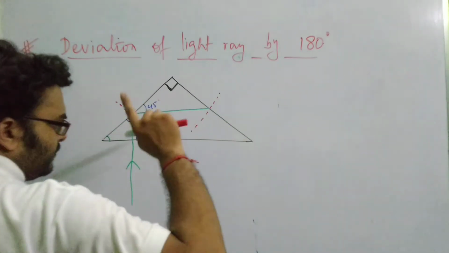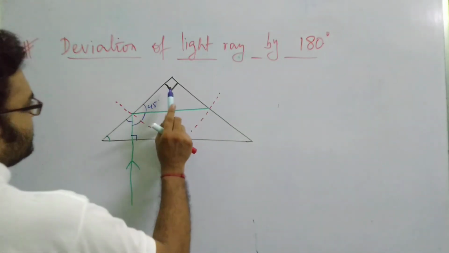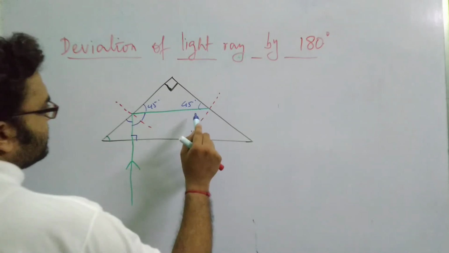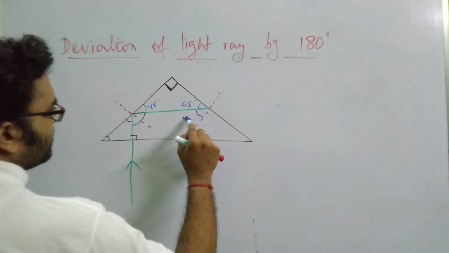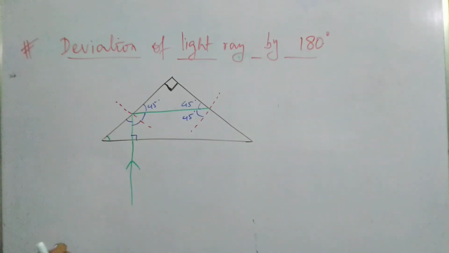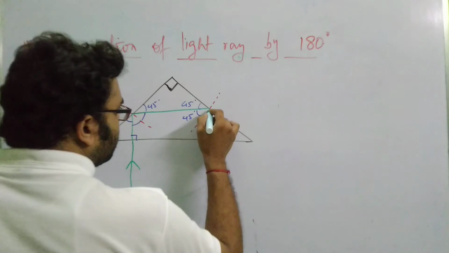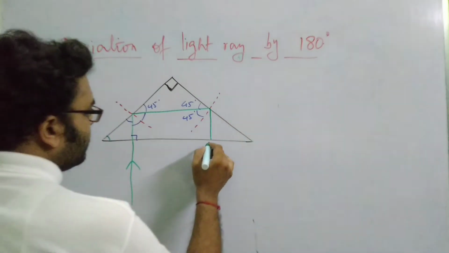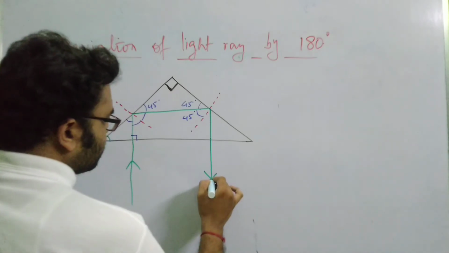If not, please see the previous figure. This angle is 48 degree, this angle is 90 degree, again this angle is 48 degree. Hence obviously this angle will also be 48 degree, isn't it? This is plane geometry. Now the critical angle is 42 degree or 43 degree. Again the light ray will be totally reflected back, and the light ray will come down like this. It will hit the surface perpendicularly and will just move out like this.